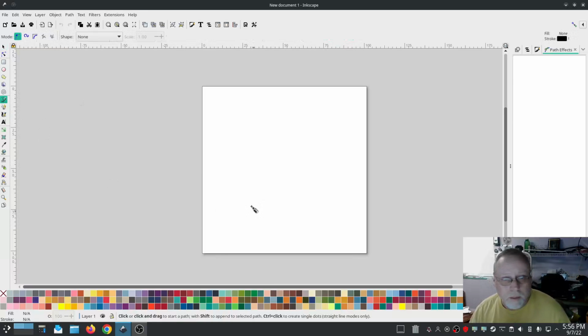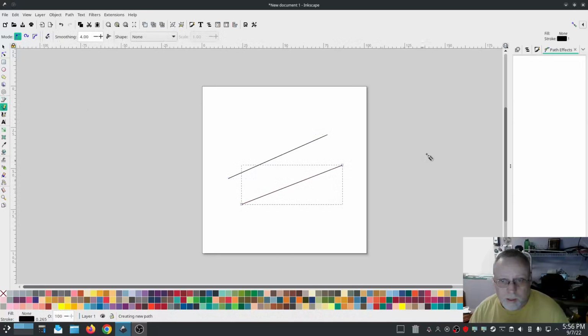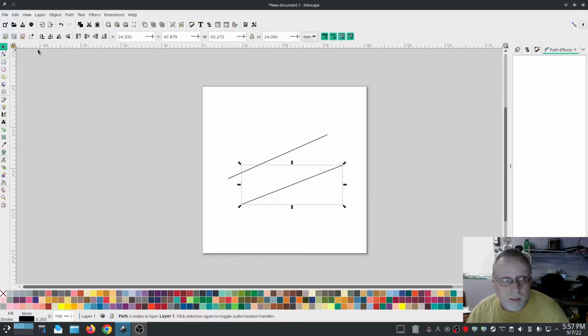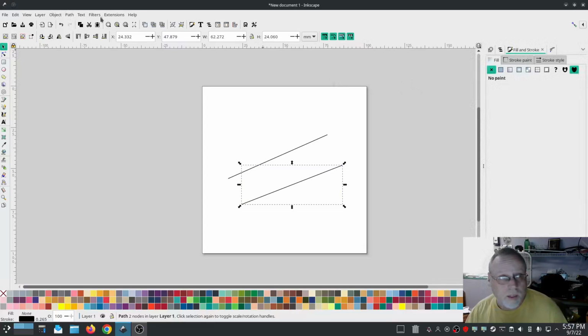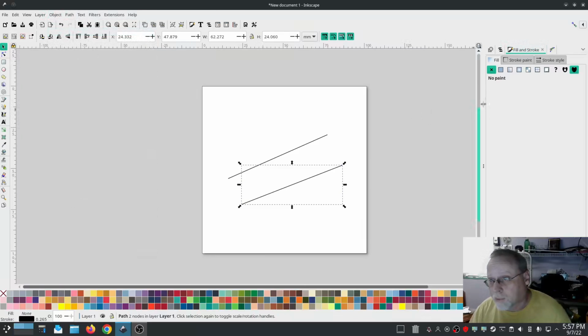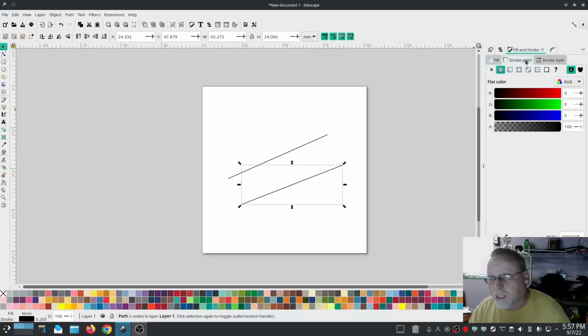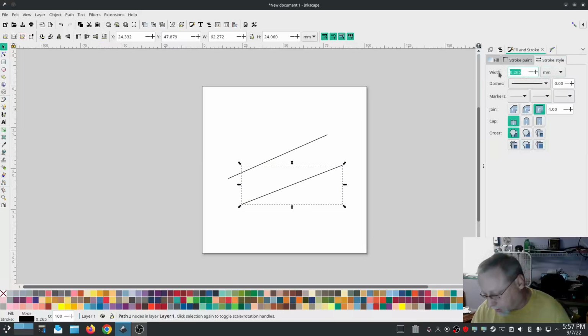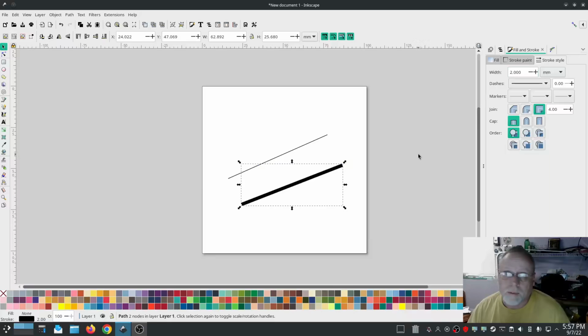Your very most basic Satin Stitch is a straight line like that, or use this tool. You can make another straight line. Either one, basically do the same thing. We're going to go into Fill and Stroke, which you get to by going to Object, Fill and Stroke. Make sure there's no fill, and make sure there is a stroke set, and make sure that stroke is about 1 millimeter in width or bigger,